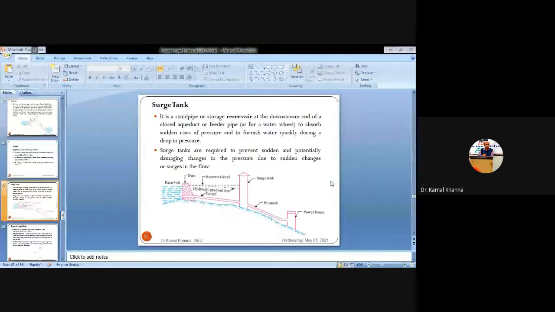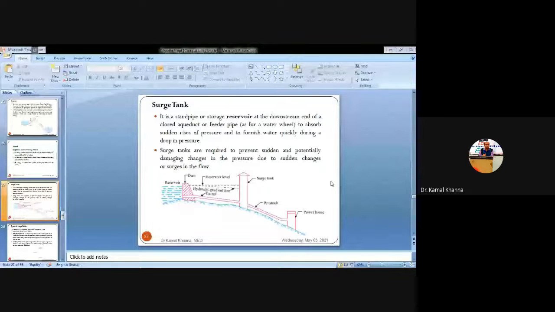So to avoid water hammering in the case of dams, when the water is being transferred from the higher height to the lower height, it is recommended to install a surge tank in between the tunnel from where the water is being transferred from the higher height of the dam to the powerhouse where the turbines are installed. And you can see here the surge tank is installed in between the tunnel that is placed at the higher height and the penstock.